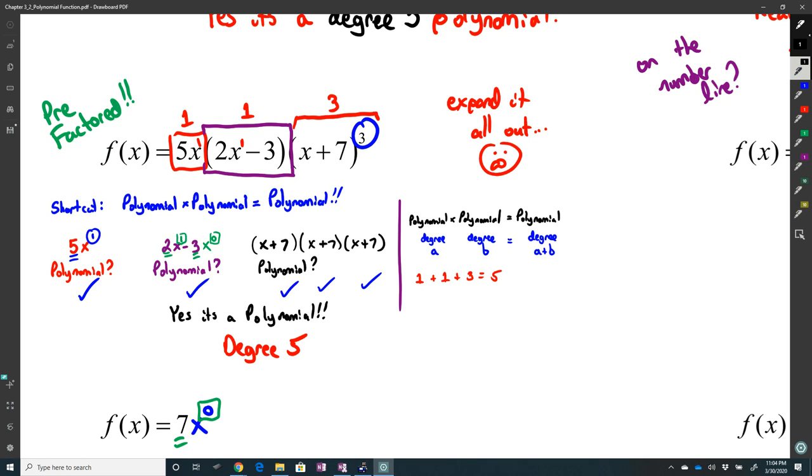So the final answer is a polynomial. And the degree is just the exponents for each one. The degrees for each one. So I had a degree 1, and if I do x plus 7 3 times, it'll be a degree 3. 3 plus 1 plus 1 is 5. Anyway,